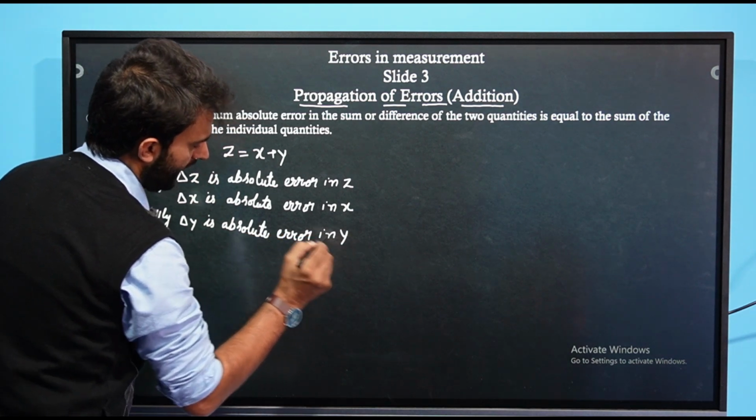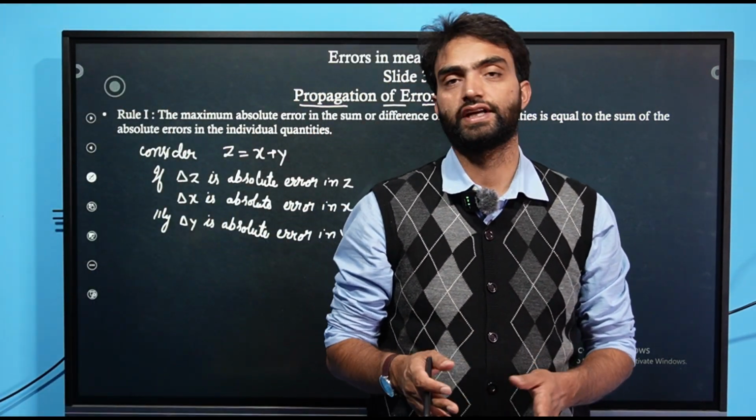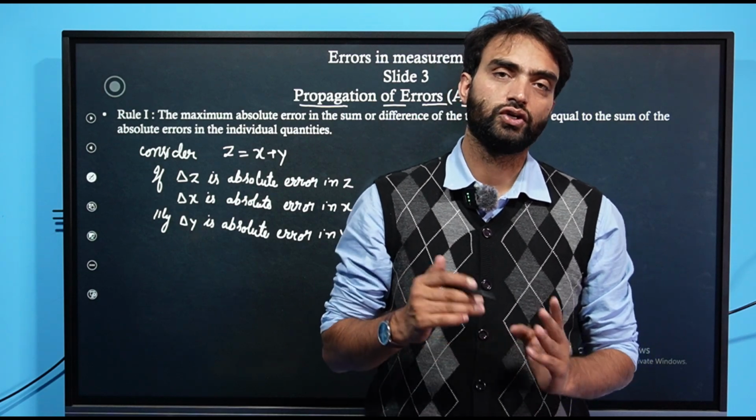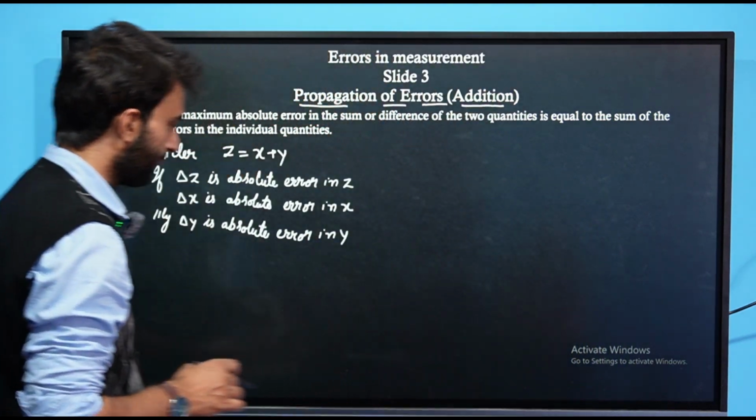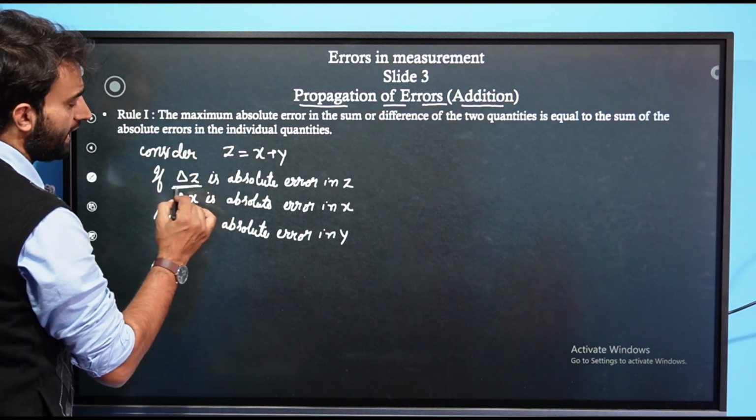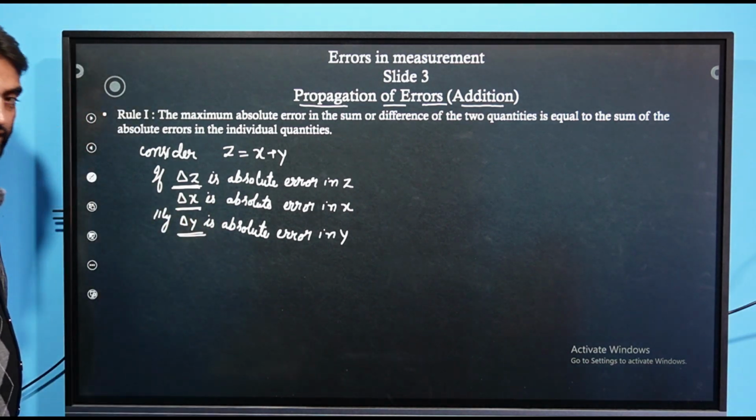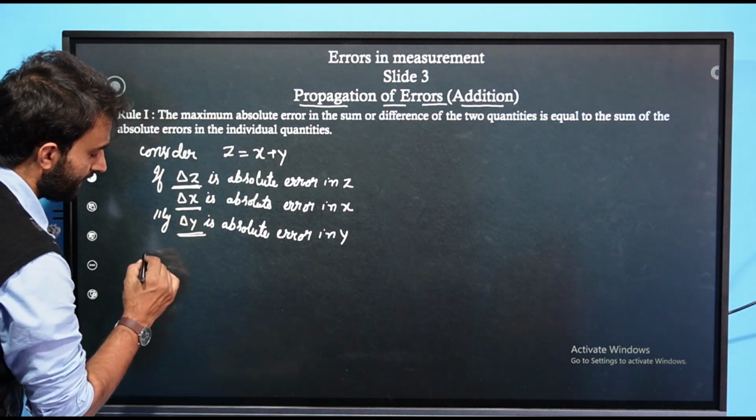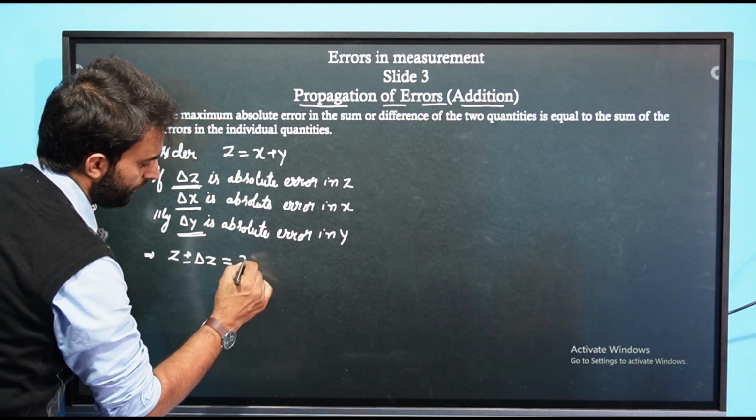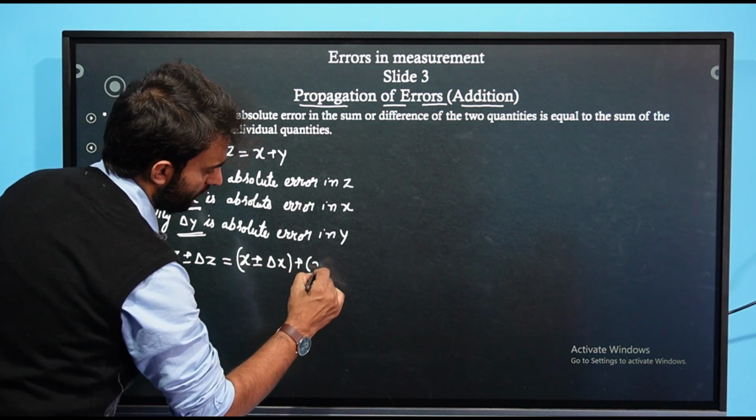Now, what this absolute error means and what fractional error or percentage error is, we have already discussed in the previous lecture. If you have got some confusion there, you can just revise the previous lecture and you can get it clearly. Now, in this case, you can see that the absolute error in z is delta z, in x is delta x, and in y is delta y. So we can say this implies z plus minus delta z is equal to x plus minus delta x and plus y